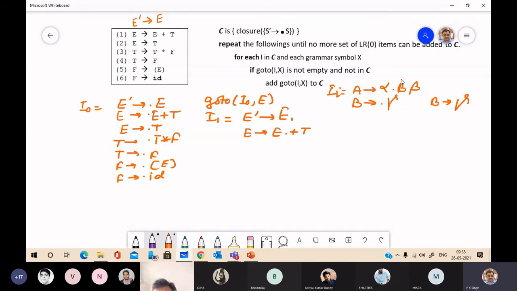But here in item set I1, you don't have any non-terminal just after the dot. So it means no more items may be added. Now you go for the next. GoTo(I0, T) will give item set I2.